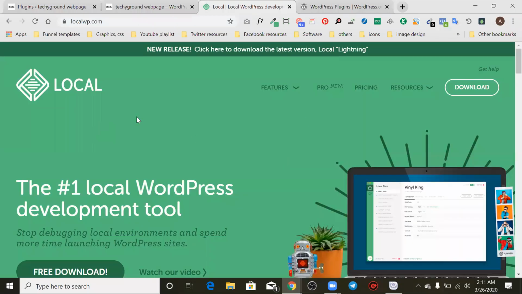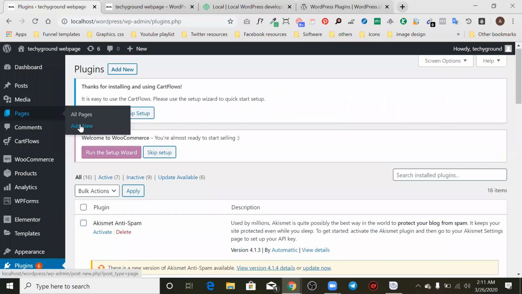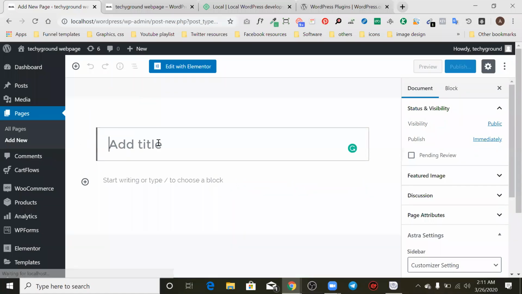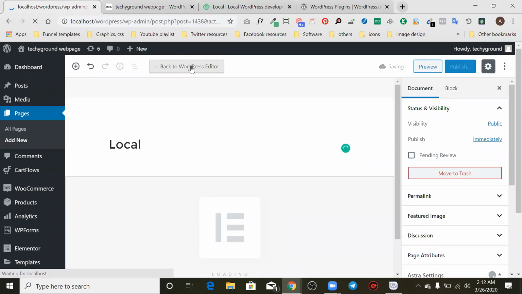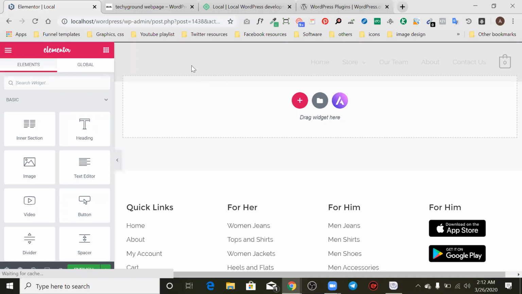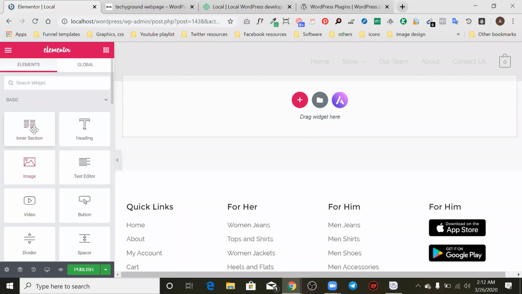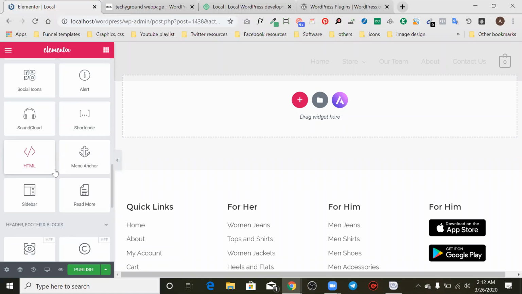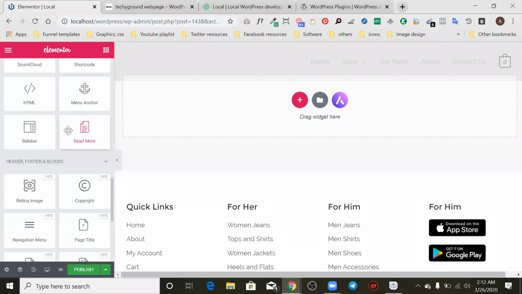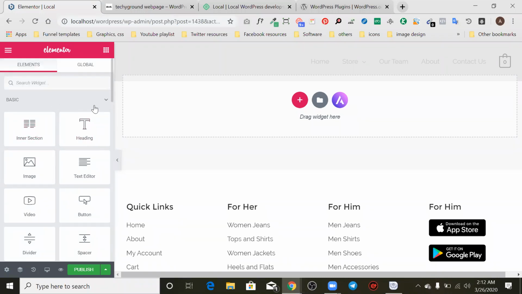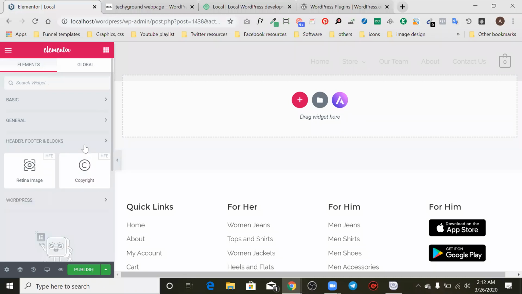So let's create a page for this first. Pages, add new, tá a fẹ́ create page. Let's name it local. Àwa mú edit with Elementor. Now gbogbo àwọn widget, gbogbo àwọn tools tó ní leléyìí, mi ò lè kọ code síbí, wọ́n ní kí n lọ ra pro everything. So but with all other add-ons I can do that, and this Elementor